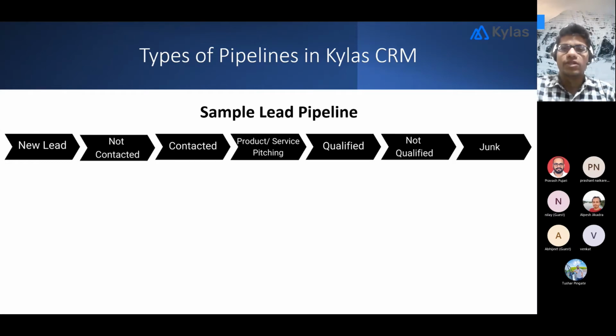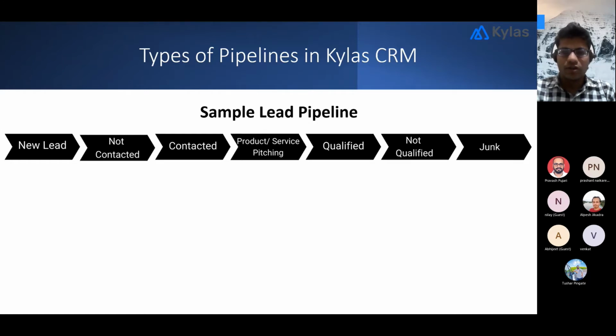And let's say one of our sales executives has contacted them, and we have pitched some product or service that we are offering in the market to the person, right? If that lead seems interested, then we typically mark that lead as qualified. Or in case they are not interested, maybe it was a junk query or the person is no longer interested, or for any other reason, we may mark them as not qualified, right?